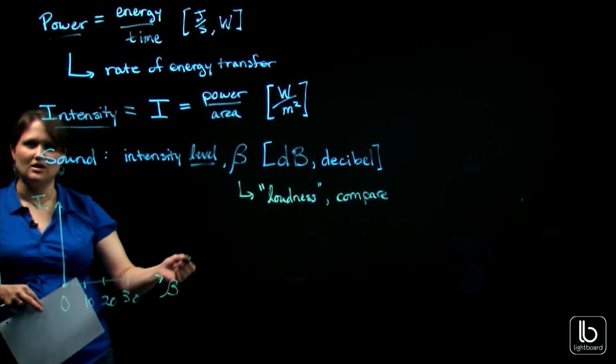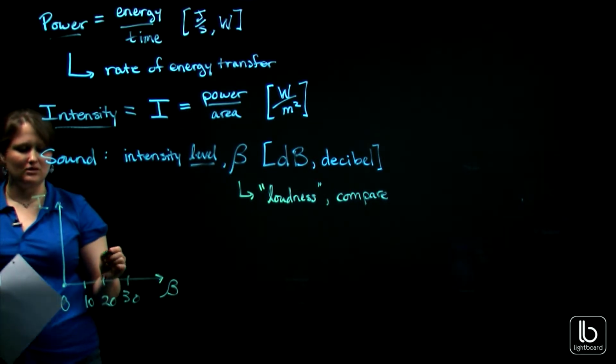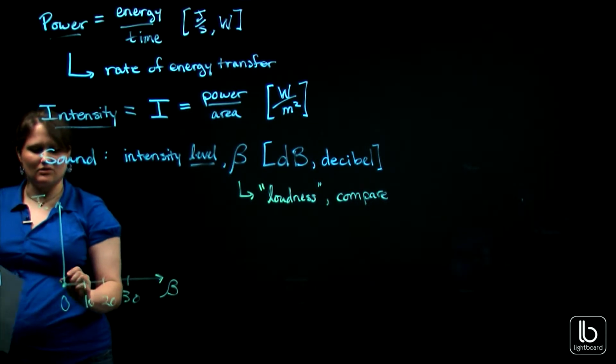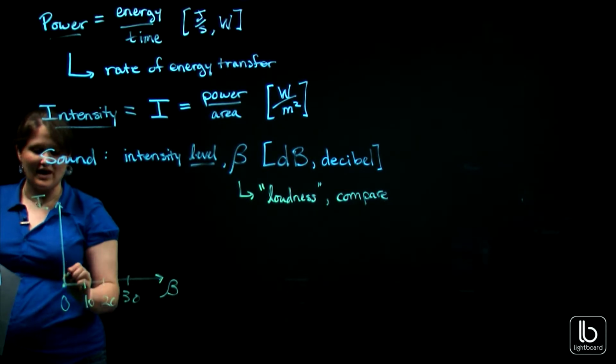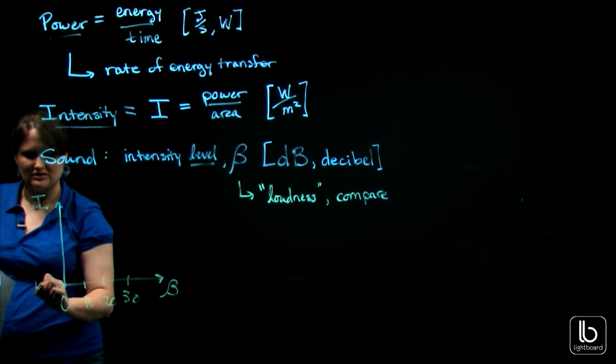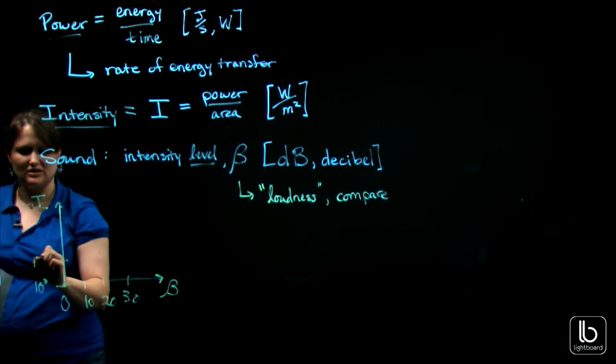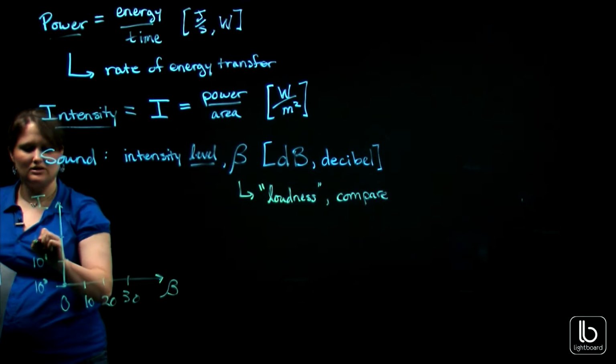I mean, this is what we're used to dealing with. But a log scale means that on the vertical axis, we may start with 10 to the 0. And the next one up is 10 to the 1, 10 to the 2, so 10 squared,